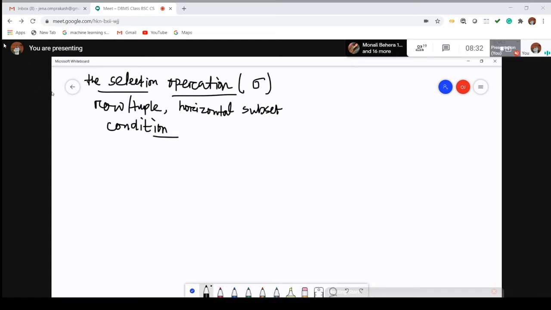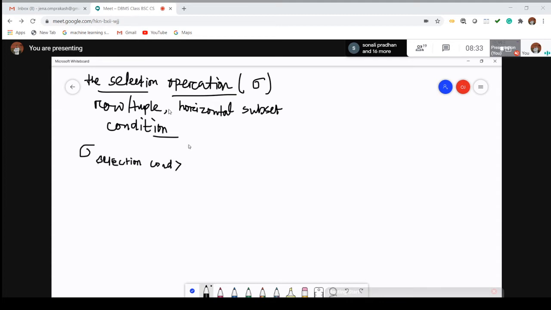Okay, so what is the general formula of this selection operation? The general formula we can write like this: select, then the selection condition, written on the line below, the selection condition.